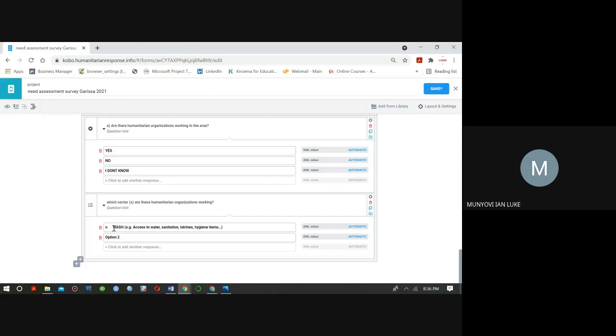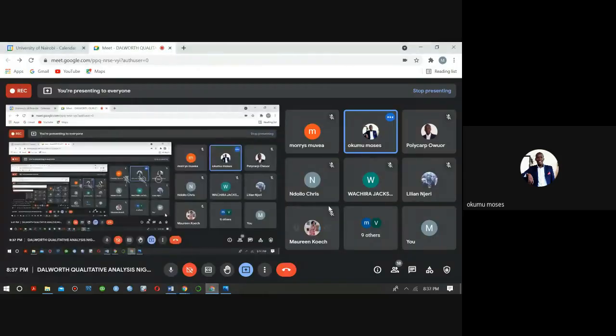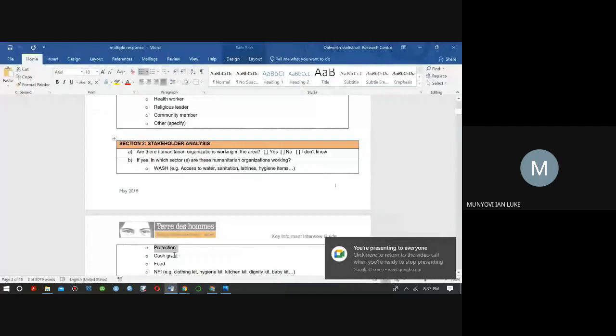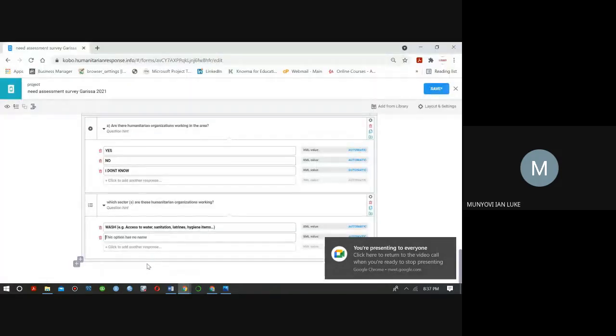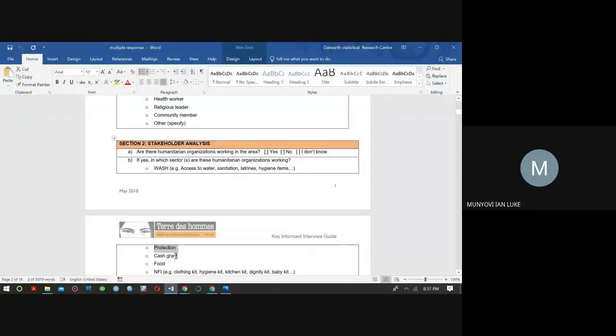Option 2 is protection. Option 3 is cash grant.